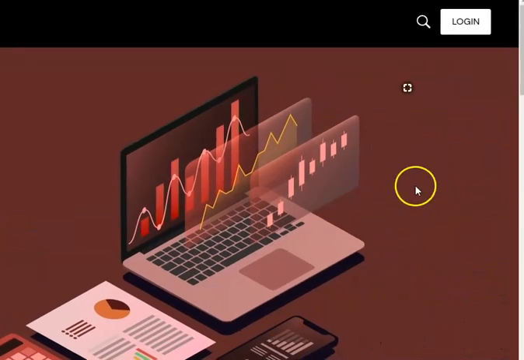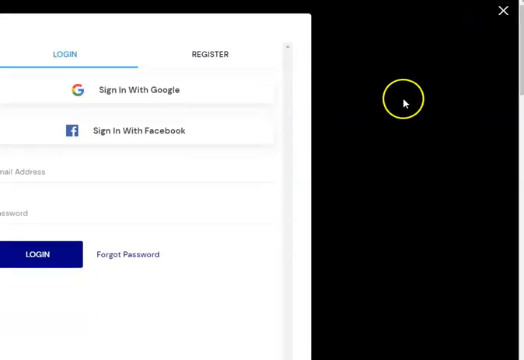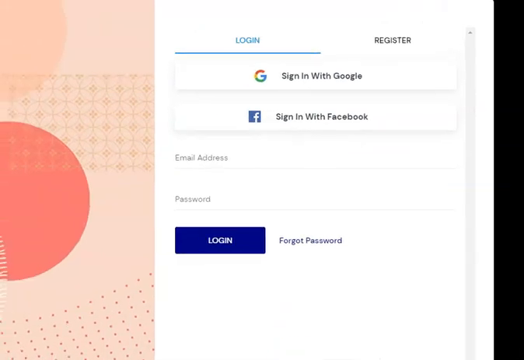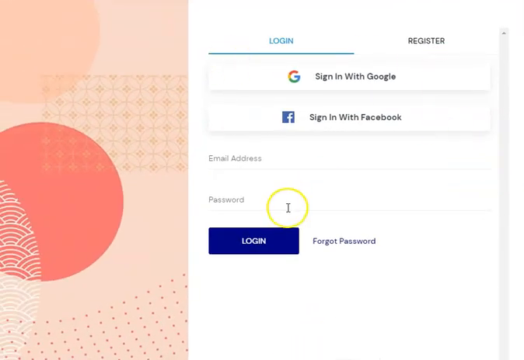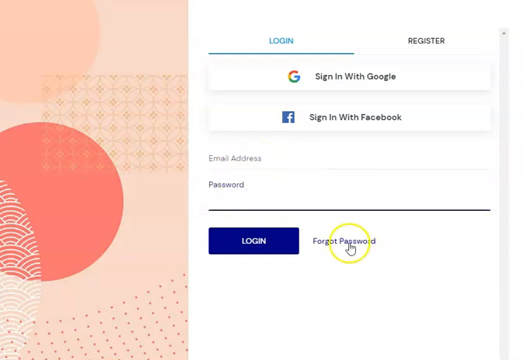So you go to the right hand side of the web page and click on login, and you need to register or login first. Now, if you are already an existing user from the previous site, simply put in your email ID, click on forgot password because your older password may be disabled, and then log in with the reset password that you actually create.